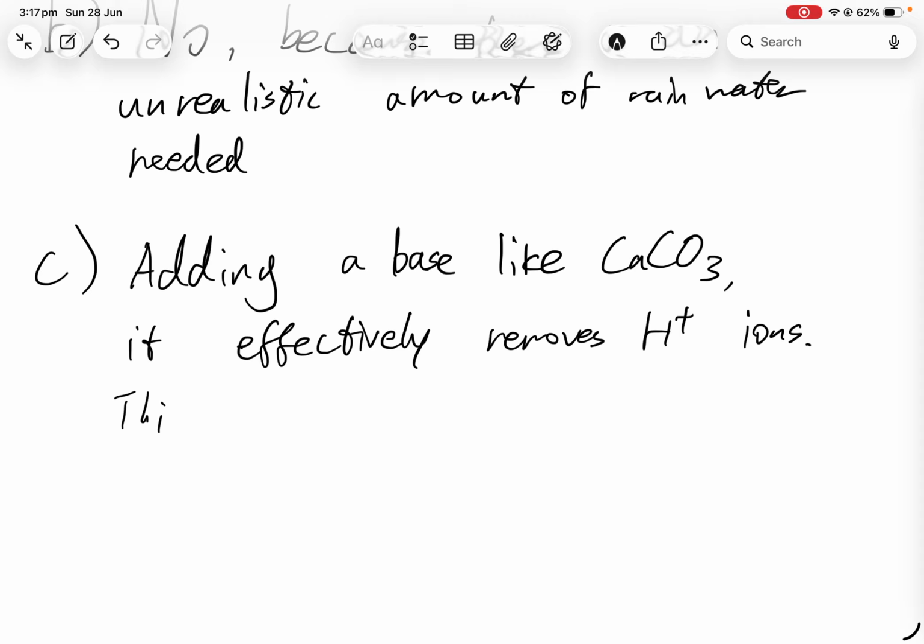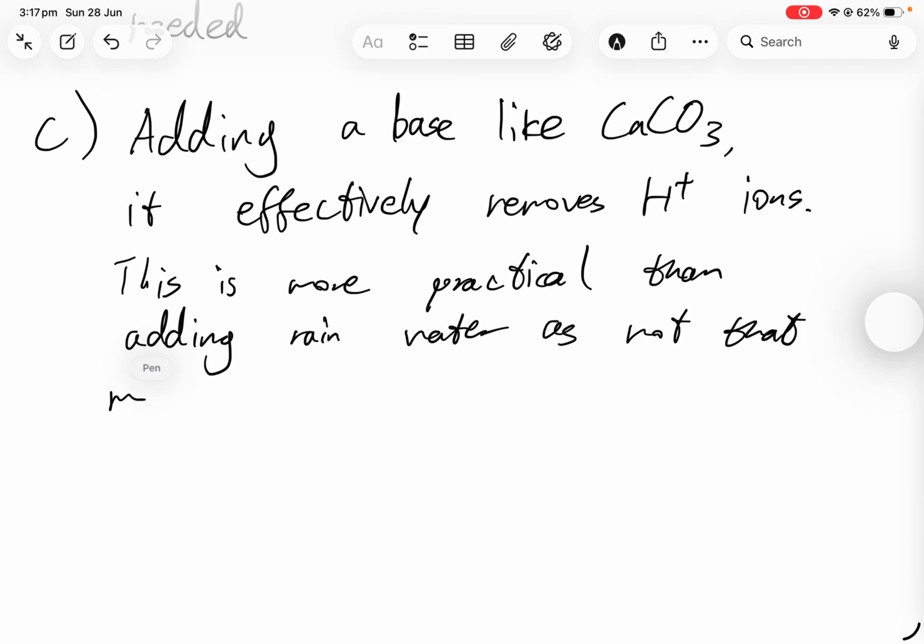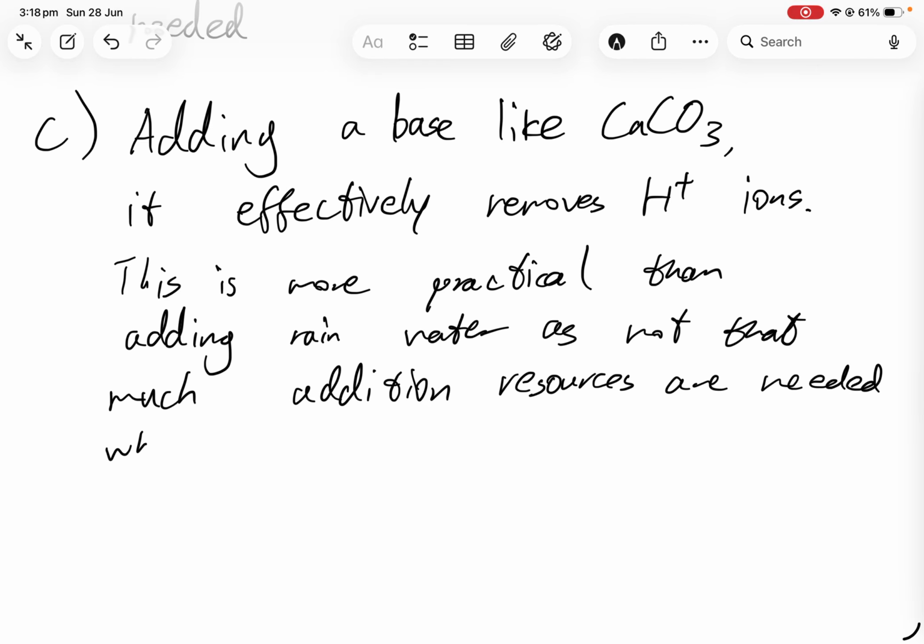This is more practical than adding rainwater, as not that many additional materials or resources are needed, as this uses chemical reactions,